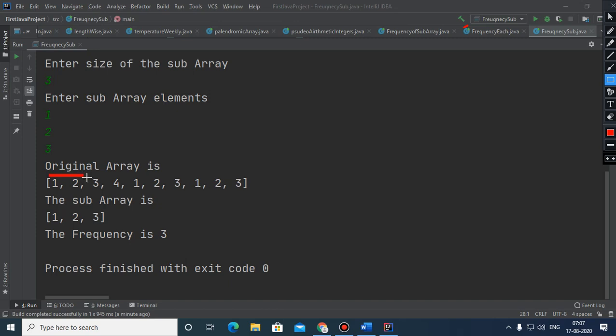You just see this part, the first time it has come, the second time it has come, and the third time. So now you can see the frequency of this sub array is 3.